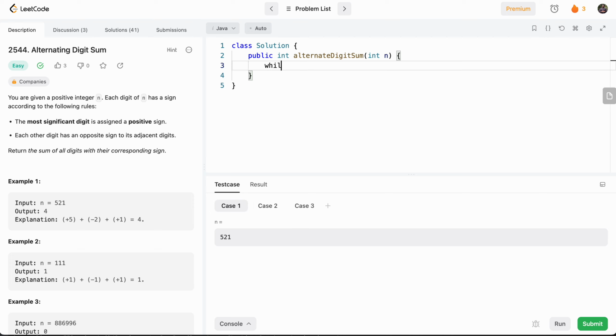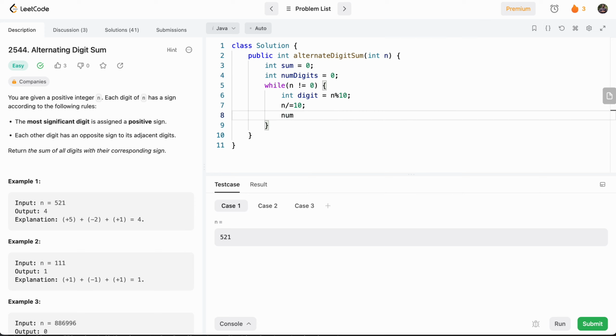So basically we'll say while n not equal to 0, this is how we get the digits. We'll divide n by 10 on each iteration, and the digit would be equal to n mod 10, right? And we'll keep track of our sum. So this will be the sum of all these digits, and we'll keep track of the number of digits we got, right? So at each loop, we'll increment number of digits by 1. And for the sum, what we'll say is sum plus equals digit times